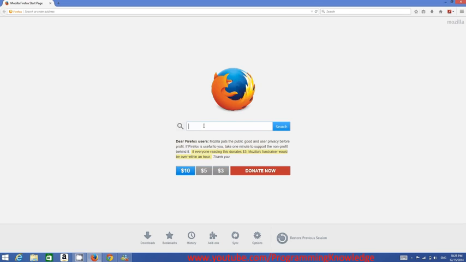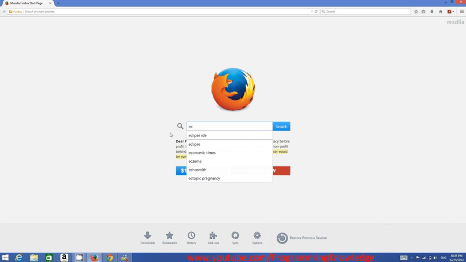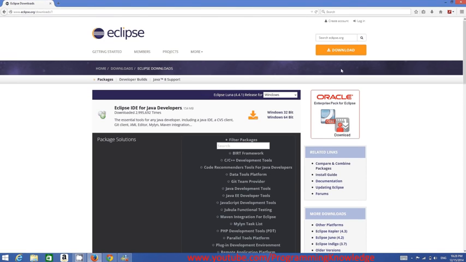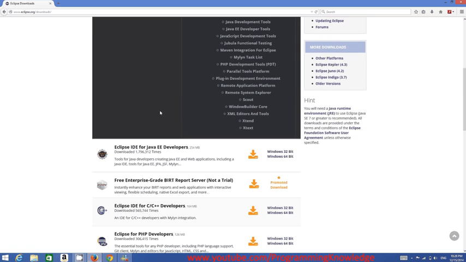So first of all, open your favorite browser and search for Eclipse IDE. And the first link hopefully that comes up is www.eclipse.org. Just click this link here. And in here you will be able to see this download button. Click this download button. And in here you will be able to see different